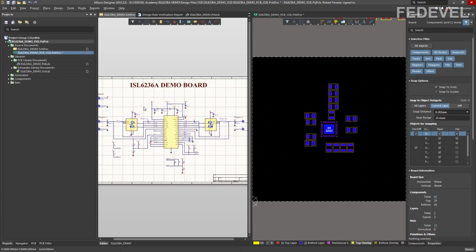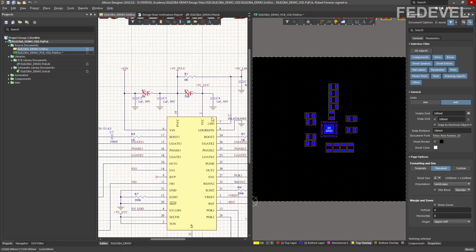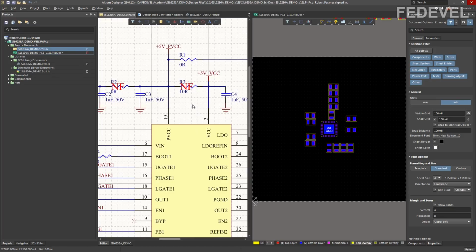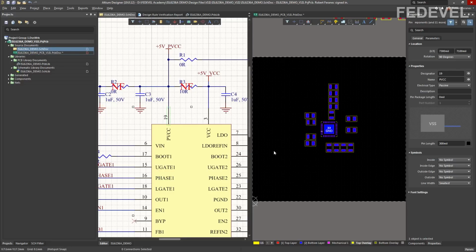Next, we are going to place these components around the power pins. And it's very important how we place them. So for example, we would like to place this C3 capacitor close to this pin number 19. To see where this pin number 19 is located on our chip, simply left click on the pin.